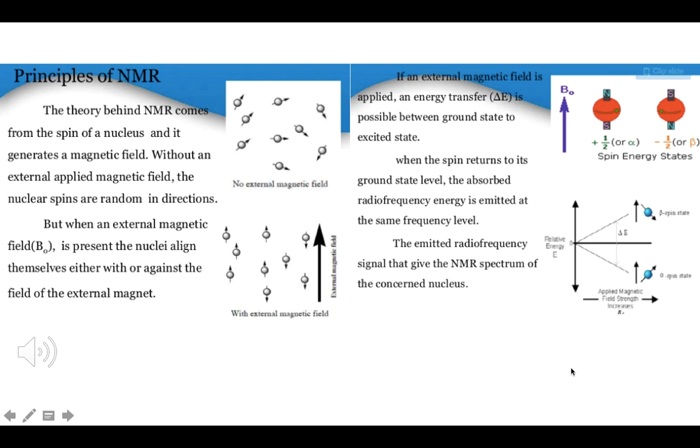So the theory behind NMR comes from the spin of a nucleus, and it generates a magnetic field. Without an external applied magnetic field, the nucleus spins at random in directions. But when a magnetic field is applied, the nuclei align themselves with or against the external magnetic field. So when the external magnetic field is applied, energy transfer is possible between the ground and excited state of the atom. When the spin returns to the ground state, the absorbed radio frequency energy is emitted at the same frequency. The emitted radio frequency signal gives the NMR spectrum